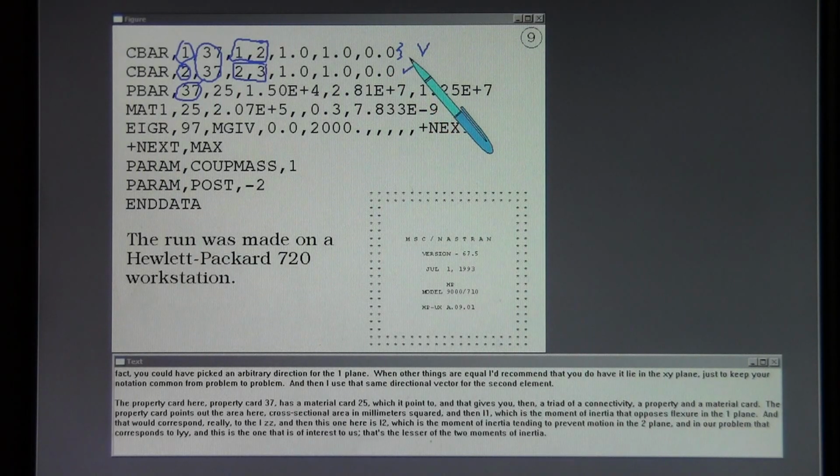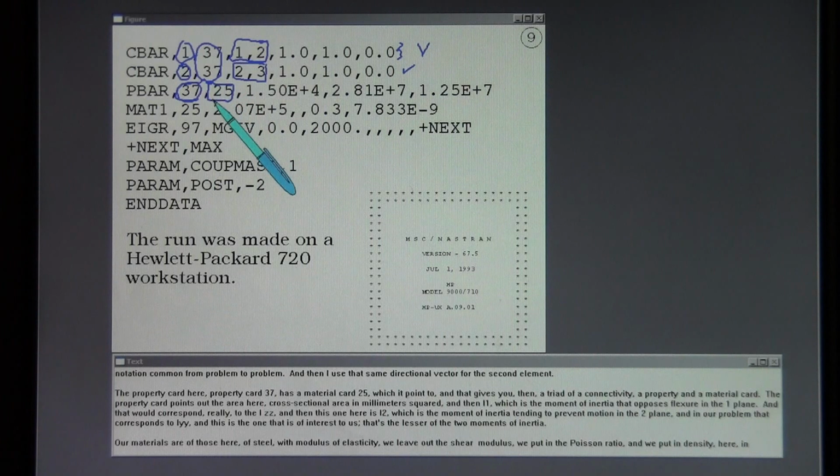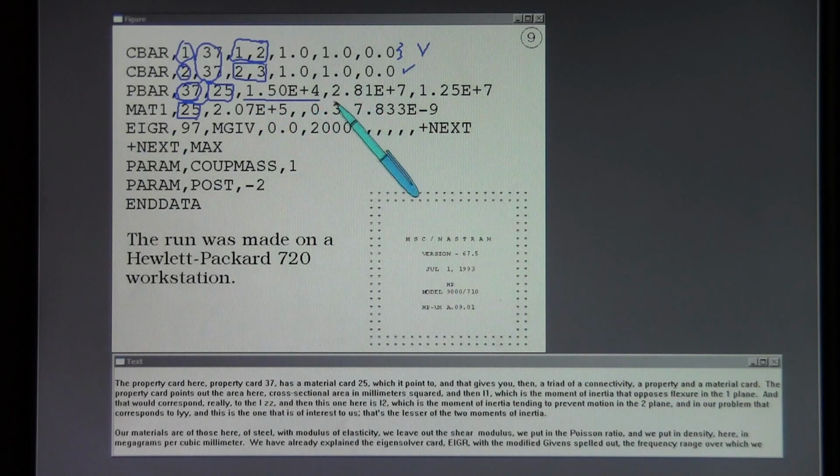The property card here, property card 37, has a material card 25, which it points to, and that gives you then the triad of a connectivity, a property, and a material card. The property card points out the area here, cross-sectional area in millimeters squared, and then I1, which is the moment of inertia that opposes flexure in the one plane, and that would correspond really to the